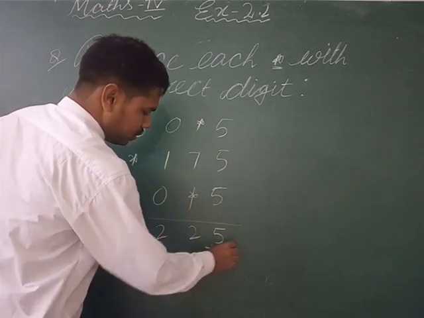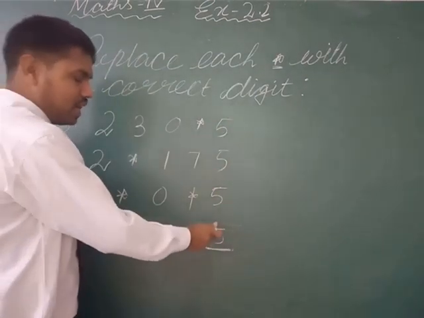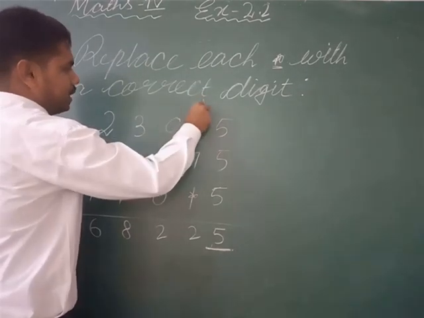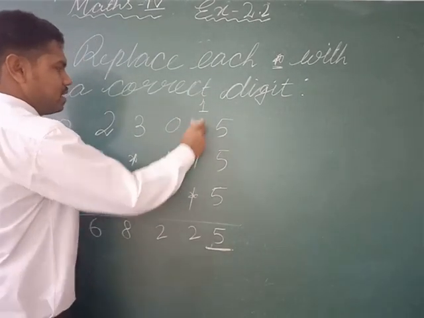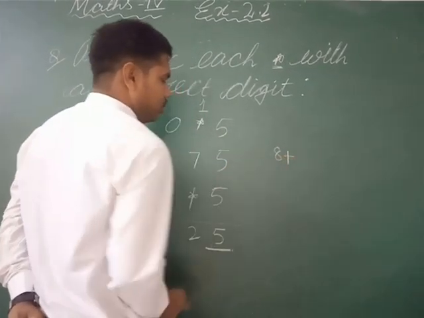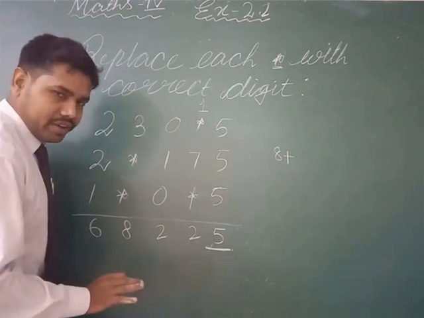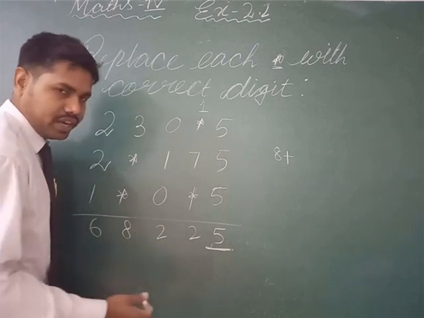This will be 5. Okay, so 5 is 15's 5 we have written. So 1 is carry, so 1 will become here carry. Okay, so now here you have to check 7 plus 1 is 8, so 8 is here. Okay, so 8 plus how much? It is not possible that it will be 2. With 8, if you add any number, it will not be possible to find the 2.